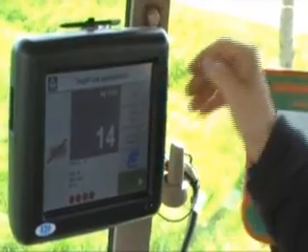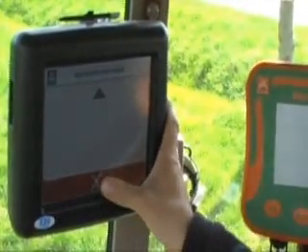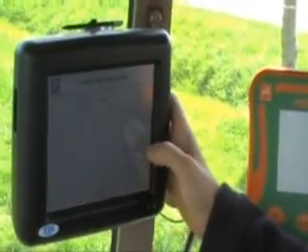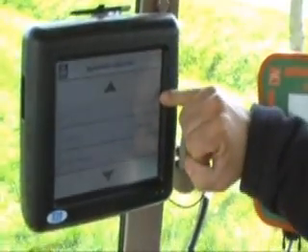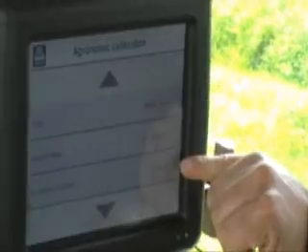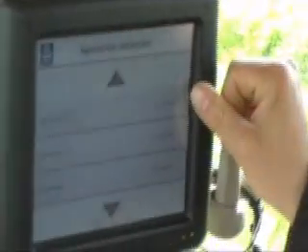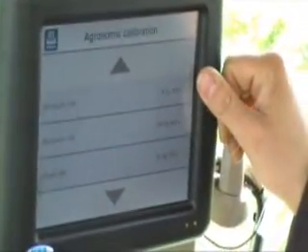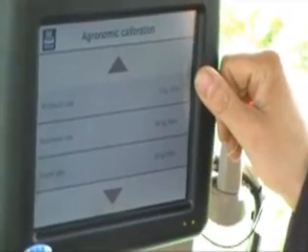Once we've selected our task, we would generally set the sensor up with an agronomic calibration. Again, very simple to do. We just go into the calibration. We enter the crop type, we enter our growth stage and the N concentration of our fertiliser. We can then put a minimum and maximum dose rate in, so we can restrict application rates